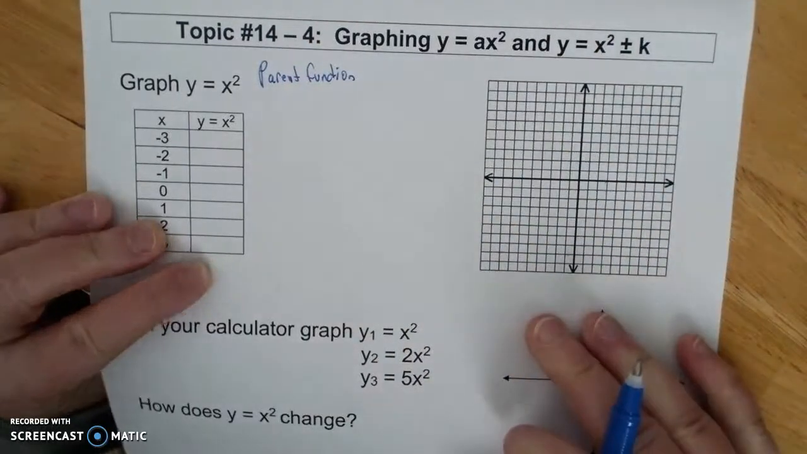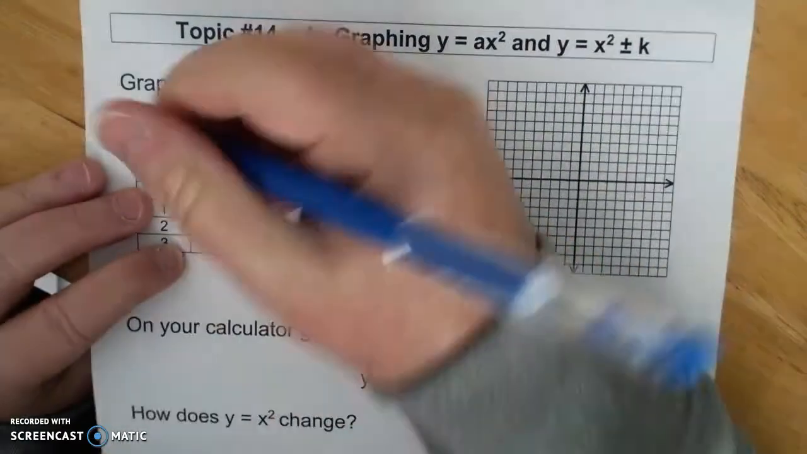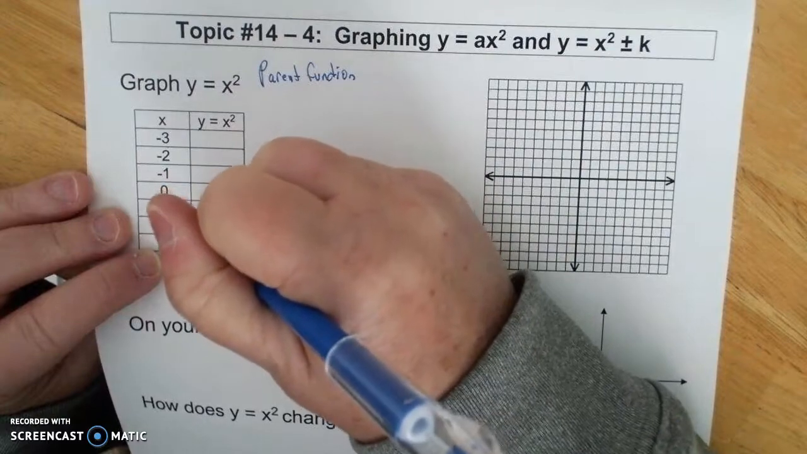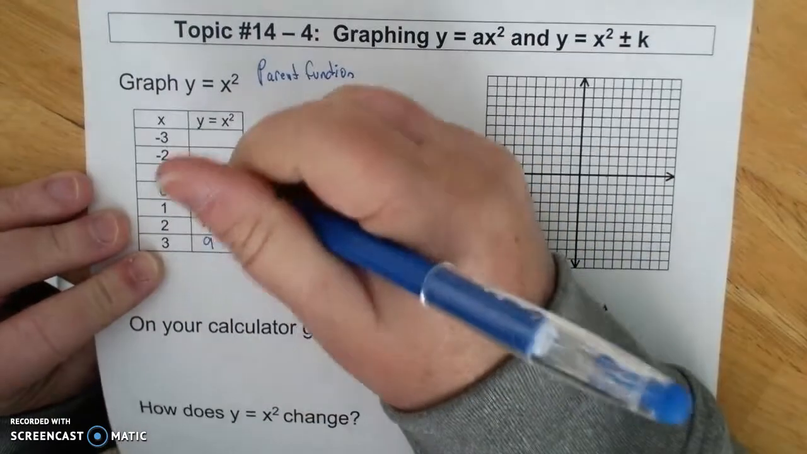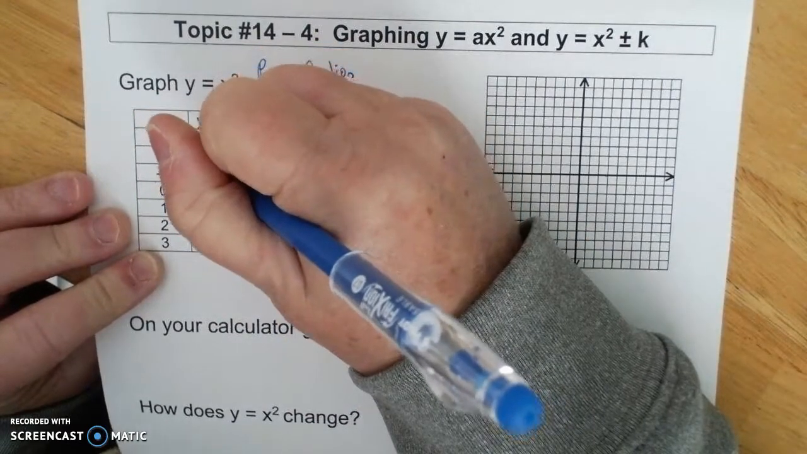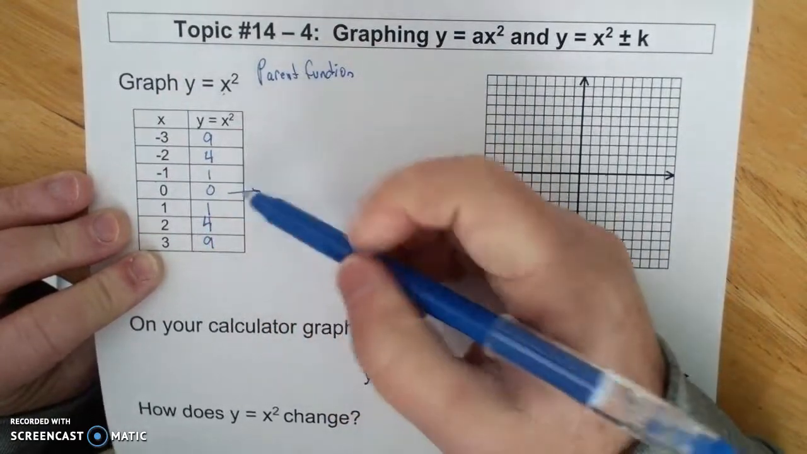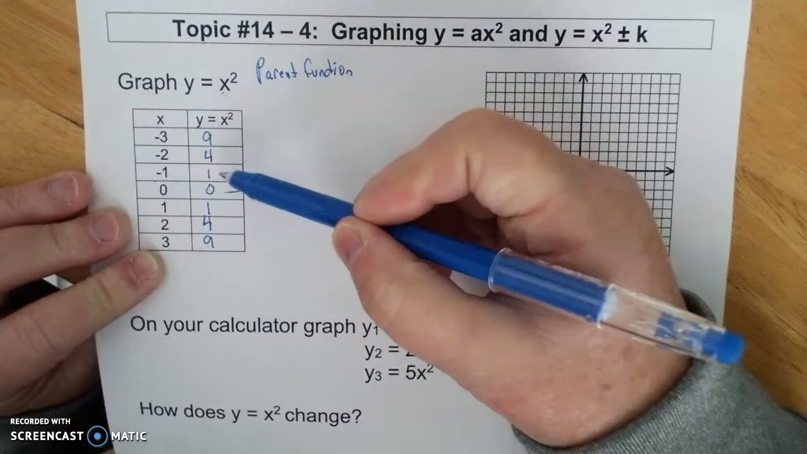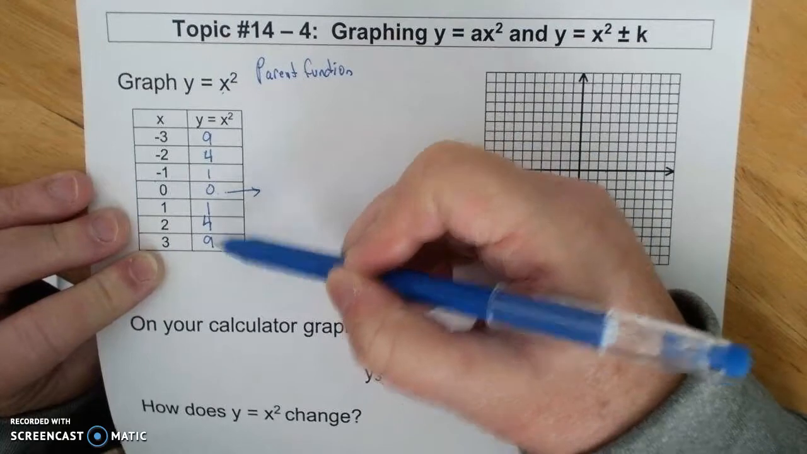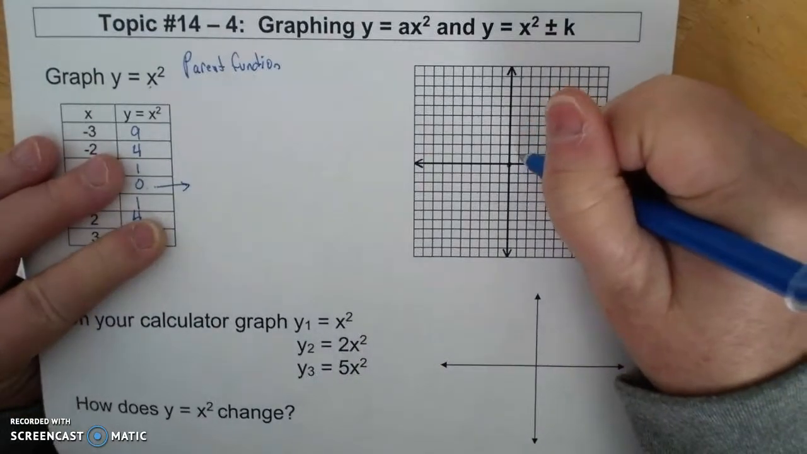It would be helpful if you memorized what this table looked like and what this graph looked like. So 0 squared is 0, 1 is 1, 2 squared is 4, 3 squared is 9. Coming back, negative 1 squared is 1, negative 2 is 4, negative 3 is 9. Notice this is a unique value, and these are the same, which means this is the vertex, and these are symmetrical to each other. My vertex is at 0, 0, 1, 1,